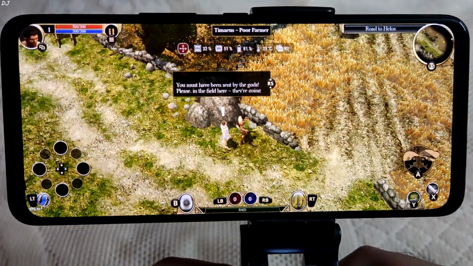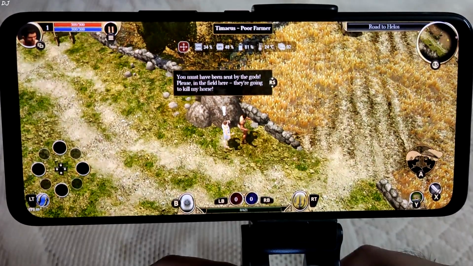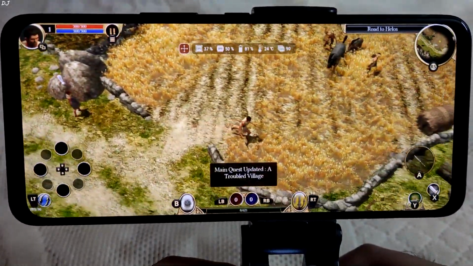Our village has recently been beset by satyrs and other vile beasts. You must have been sent by the gods. Please, in the field here, they're going to...